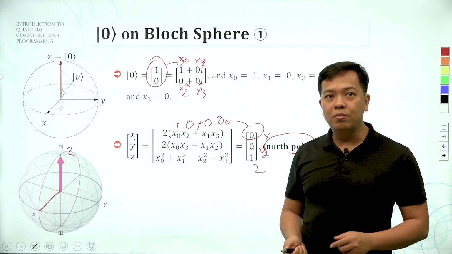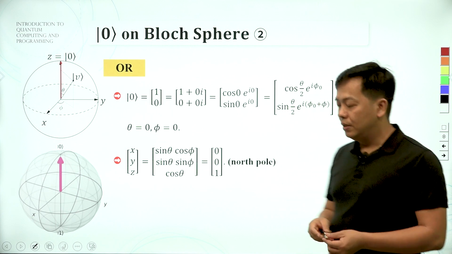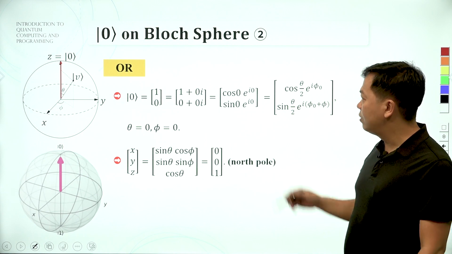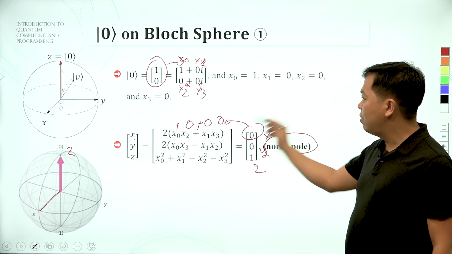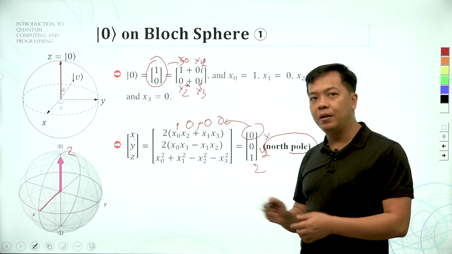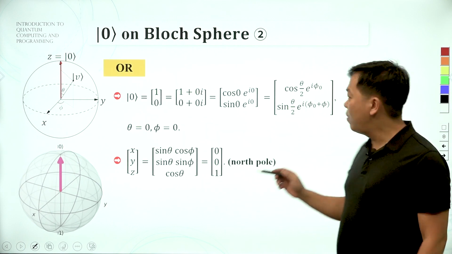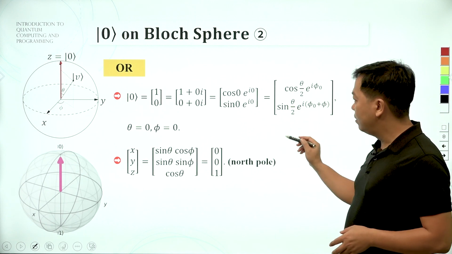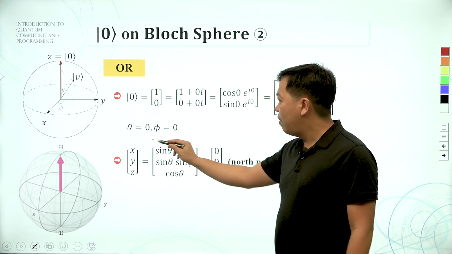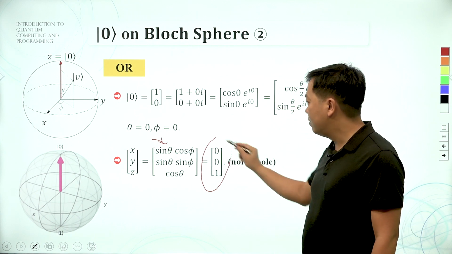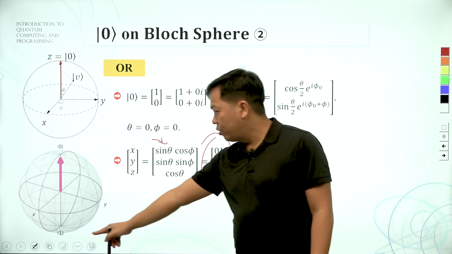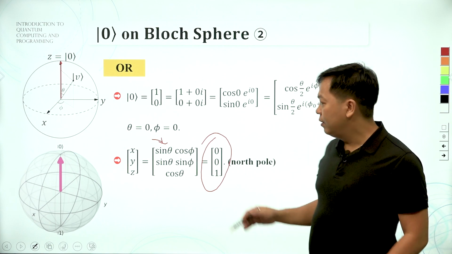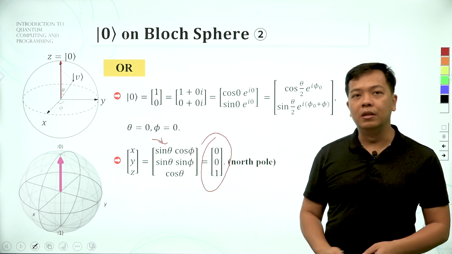Now we can look at the other way to represent the complex vector. We have two parts. The previous one used the Hopf map, and this one uses the Euler formula. After we use the Euler formula, we have the same value. After you transform using Euler and the quantum vector, we have the same value.